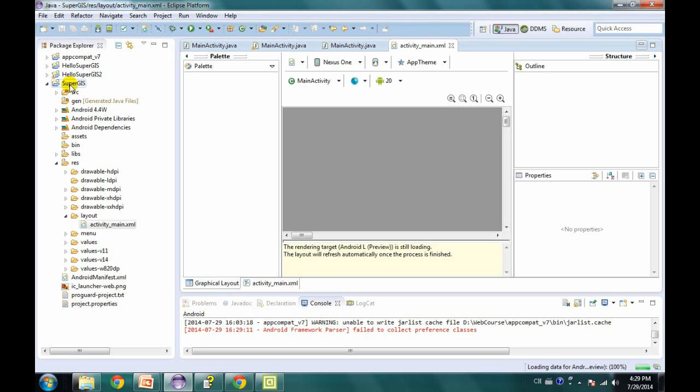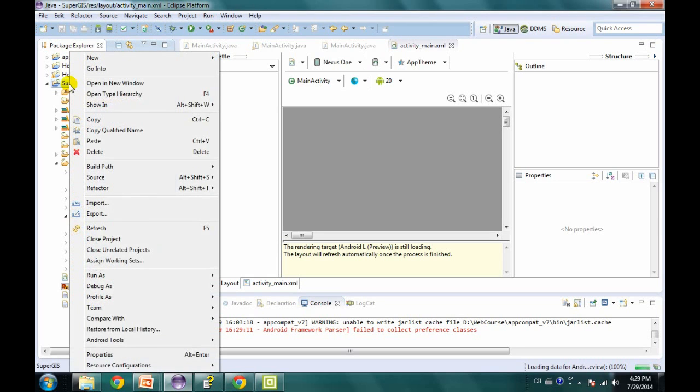And the next step is very important, that is we need to add an external jar file. For example, the step that we need to proceed is to right click on the project name and go to the property,